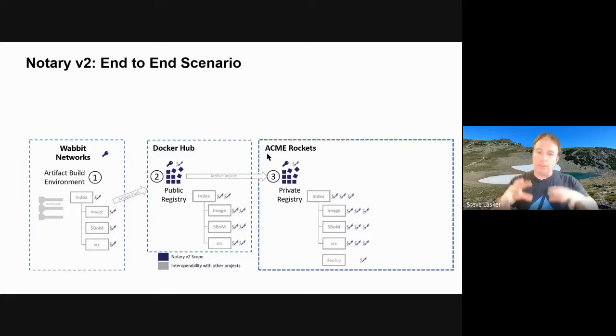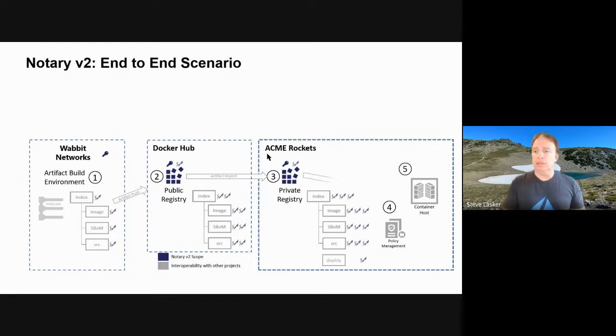Now, Acme Rockets wants to deploy this software. They'll create a deploy script, whatever that means, Helm chart, pod spec, some other container deployment script, Terraform, whatever. And they sign that also. So now you have some kind of container host. We'll say it's Kubernetes, doesn't really matter. And it's got some kind of policy manager. Let's say it's OPA or Gatekeeper. The idea is that you can do a deployment, and on the deployment, it can see what's being referenced, and says, well, is it signed? And we want to do this in a kind of non-Trojan horse kind of way.